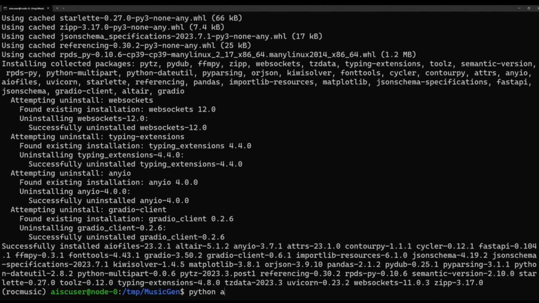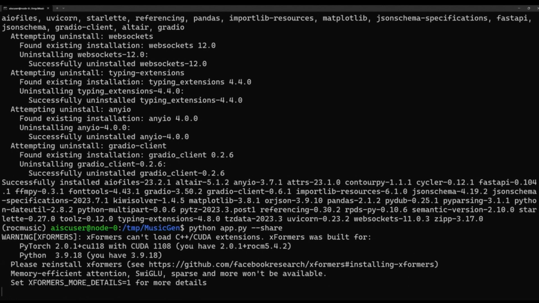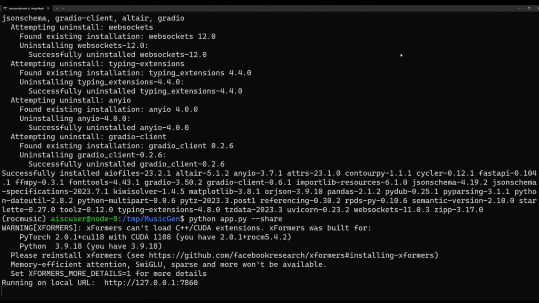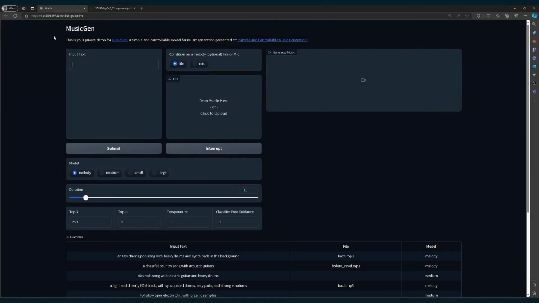What happened here? Okay, yeah, it's running. python app.py --share. This is a Gradio app, and many of you are familiar with Gradio. It essentially publishes a URL that I can actually hit from anywhere on the internet. So you can see that Gradio is spinning up, and there's a URL. I'm going to click on that. Very cool. So this is what the Gradio interface looks like, and let's play this.